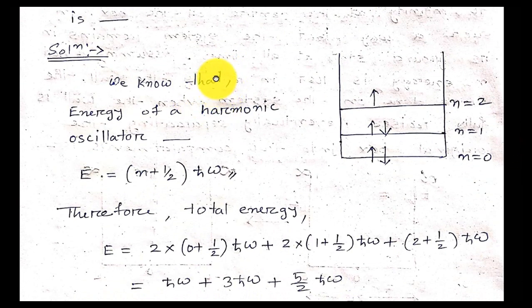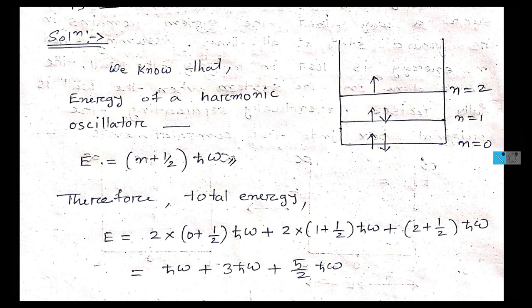The solution is, we know that the energy of a harmonic oscillator is E is equal to n plus half of h-bar omega. This is the energy of a harmonic oscillator. Now n is equal to 0 has 2 particles, and n is equal to 1 has 2 particles, and n is equal to 2 has 1 particle. Therefore the total energy in the ground state: